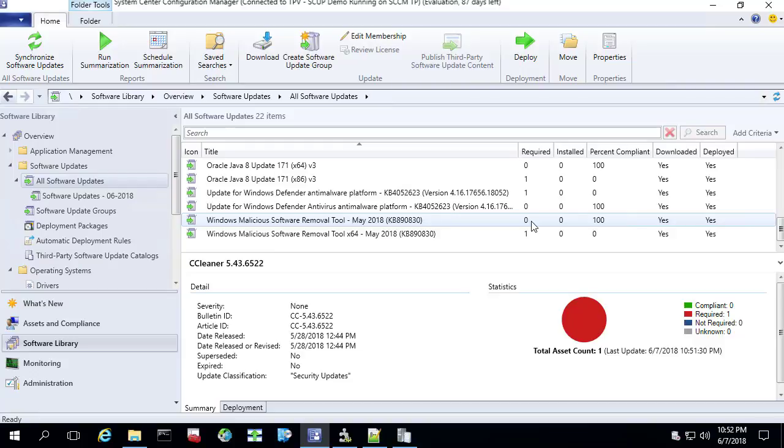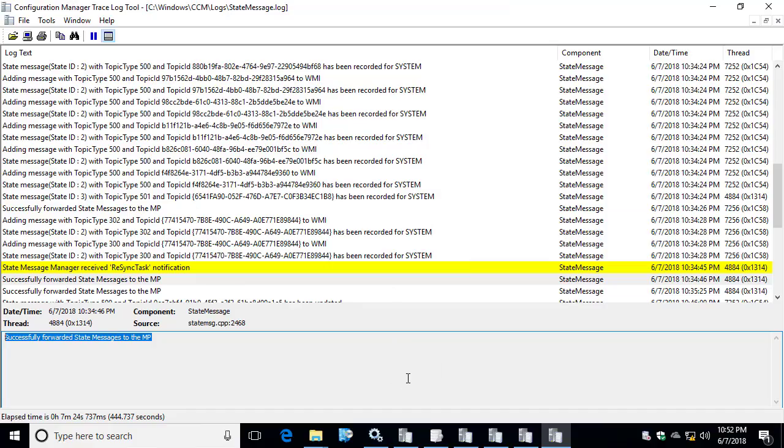And obviously you can see that there's kind of a flow that needs to happen. First, the statesys has to process all the state message files that get sent up into the database. And then before they actually reflect in your console, the summarization task would have to run to aggregate that data to the views that the console is actually viewing. So going back to our client,